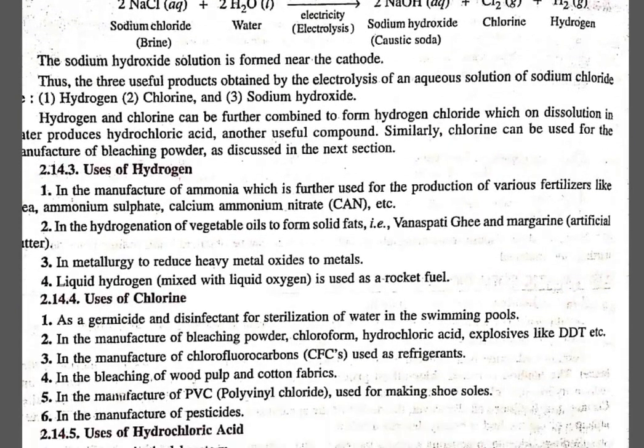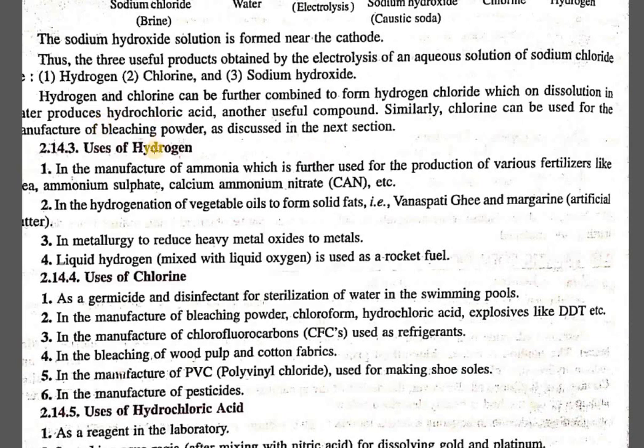Now if we talk about the uses of the different substances which are being produced here. So we will find that hydrogen is used in the manufacture of ammonia, which can further be used for the production of various fertilizers like urea, ammonium sulfate, calcium ammonium nitrate, etc. All these names I think you all have heard already in the chapter crop production and management in class 8